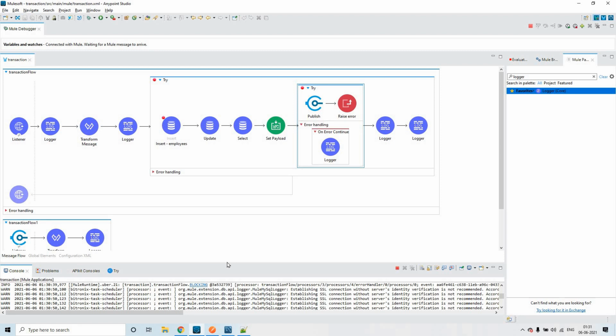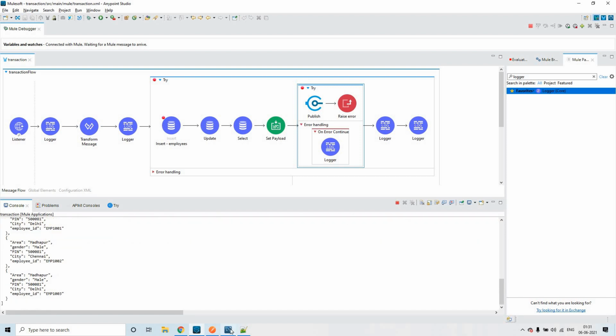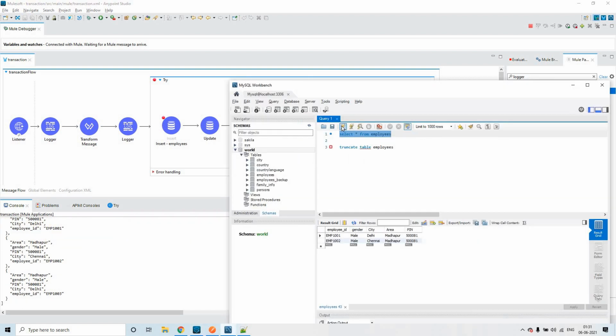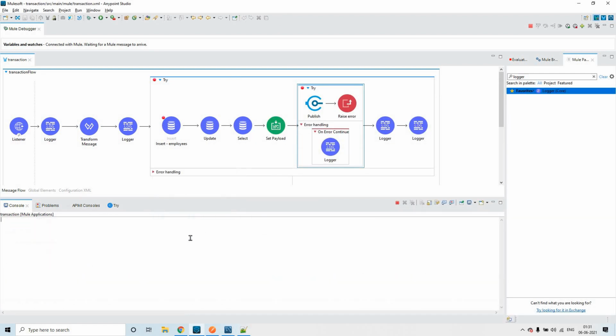We did not send any error acknowledgement to this parent transaction, and that is the reason this time the third record will sustain in this database table. So this is all about XA transactions.